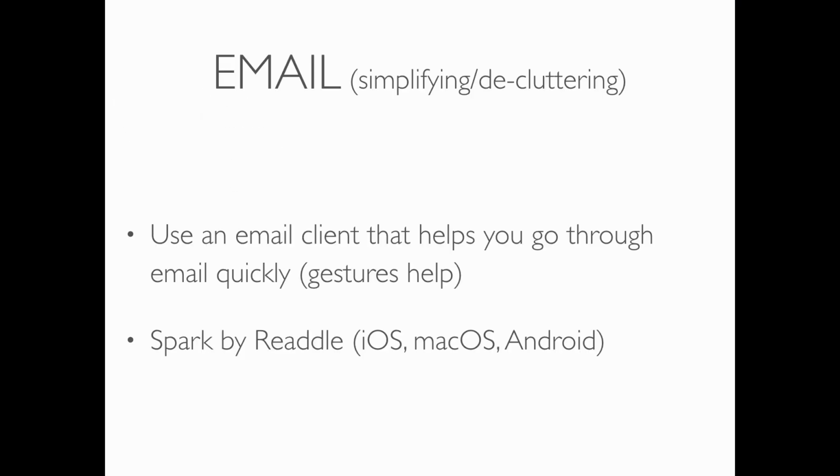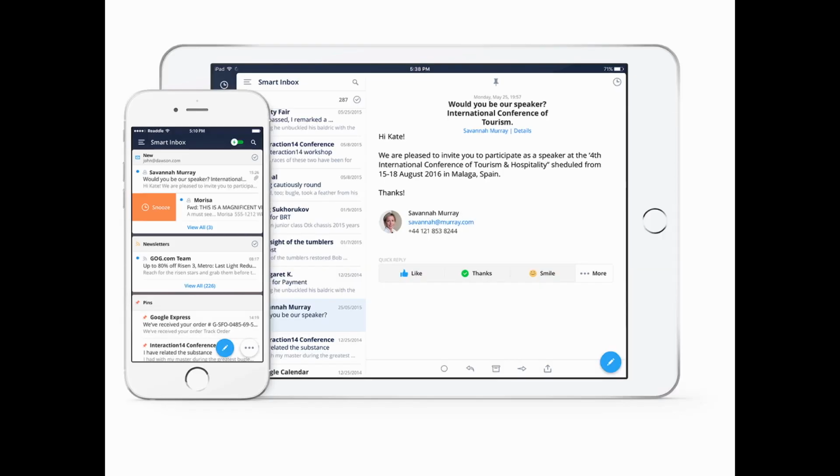Maybe you guys already do this, but the other thing you can do is use an email client that helps you get through your email quickly. This might not seem that important, but if you use one that has gestures, it can really help. There's one that I use called Spark by Readdle, and it's gesture-based, so you can be looking at your email and just swipe it. It'll archive, or you can swipe the other direction and it'll mark it as spam. So you can go through real quick, archive, spam, and it's based on the length of your swipe. So it's pretty easy to get through. If you want to play around with it, by all means, go for it. It's free.